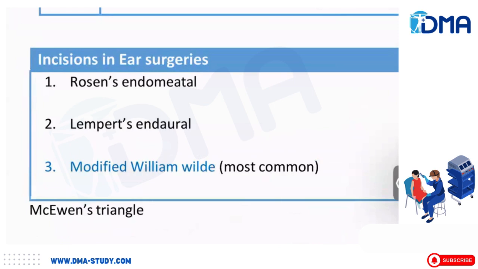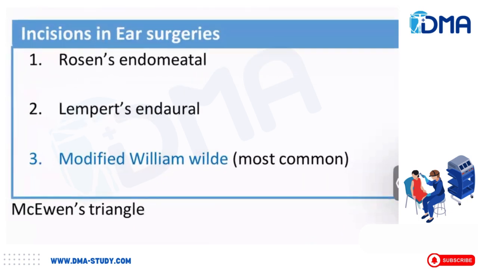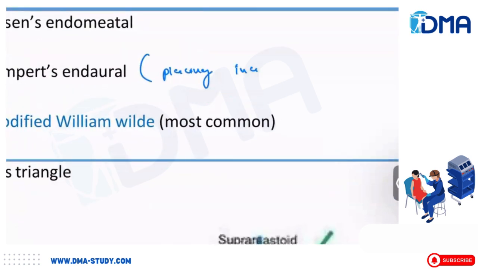Say I'm going to operate upon the patient behind the ear or in front of the ear. I am having 3 incisions which are very commonly used. Rosen's endomeatal: this is the external auditory meatus. Through that, if you are putting an incision, it is called Rosen's endomeatal incision. Very important. So there is an area called incisura terminalis, which is devoid of cartilage. Placing an incision over incisura terminalis, which is devoid of cartilage,